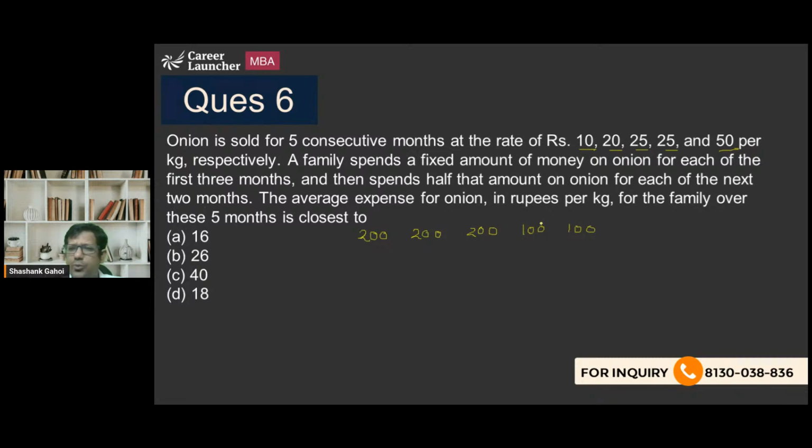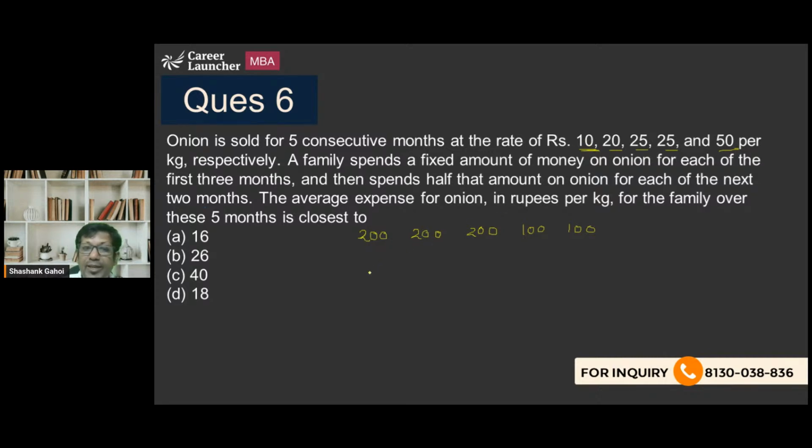Okay, just assume any number that is a multiple of 10, 20, 25, and 50. So you can assume any number. I have assumed 200 and 100. You can assume 150. You can also assume 400, 200. Anything is fine. Okay, so basically what it is saying, the rate is 10 rupees per kg for the first